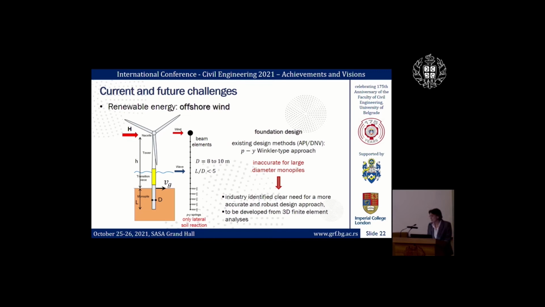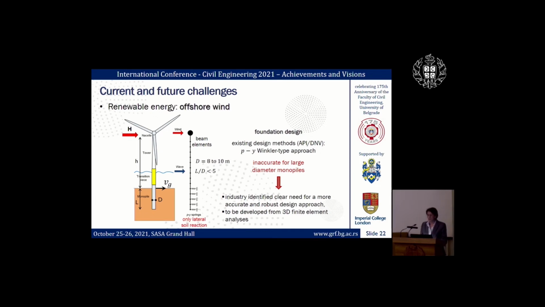And 10 years ago, the industry itself, the offshore developers, realized that they really couldn't move very far with offshore wind because the foundation design for this new type of very large piles, which are called monopiles, that have 8 to 10 meters diameter, but are short, so the length to diameter ratio is about 5, they really were getting very inaccurate